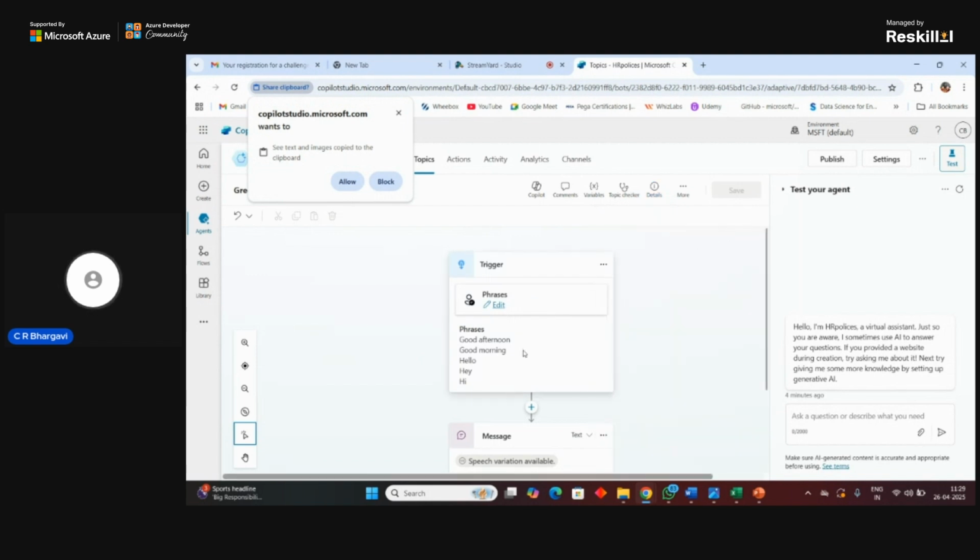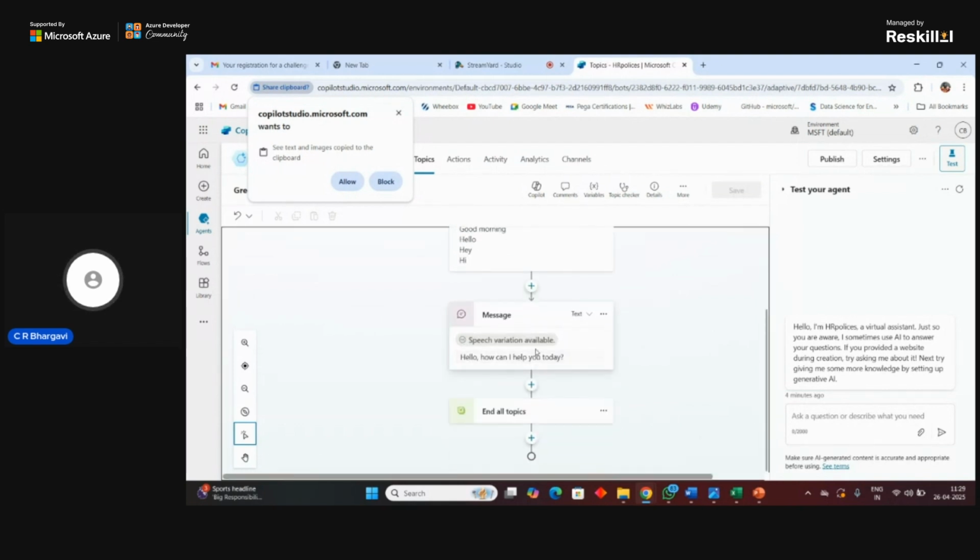So when you are giving in a prompt saying hi, it would be in either a form of speech variation, or if you had enabled something, then that would be having this particular thing.